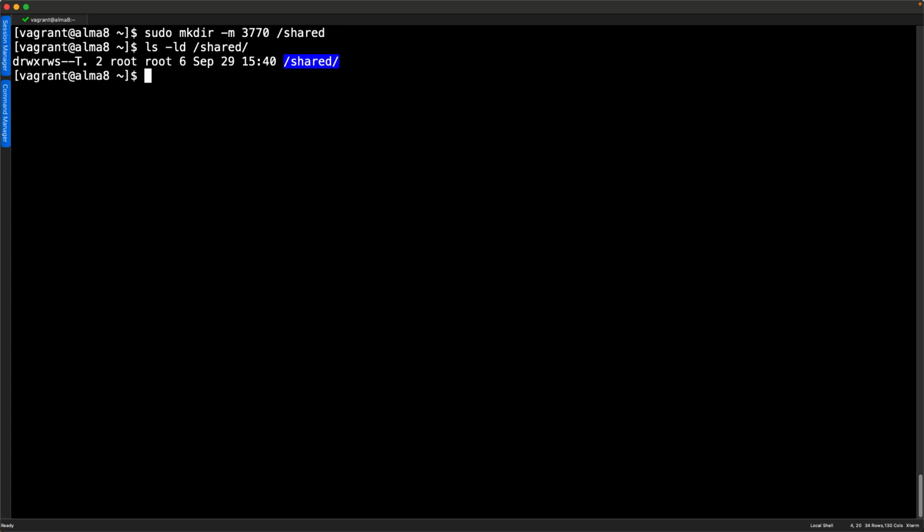We have no permissions for others, but we also display then the sticky bit in the others block. As an uppercase value, it indicates execute is not set. If it was a lowercase t, execute would be set. The sticky bit, when set on a directory, ensures that users only delete content that they own. So these are really great permissions, but to make it really work for us, if we use then sudo and change to the group owner, so chgrp, on our shared directory.